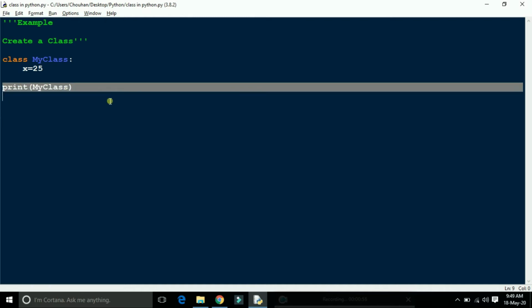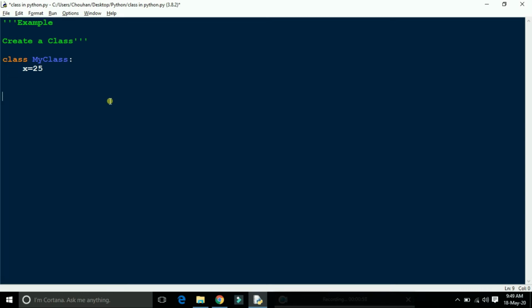So I just delete it. Type here, create an object. Comment it out. Now we can use the class named myClass to create an object.